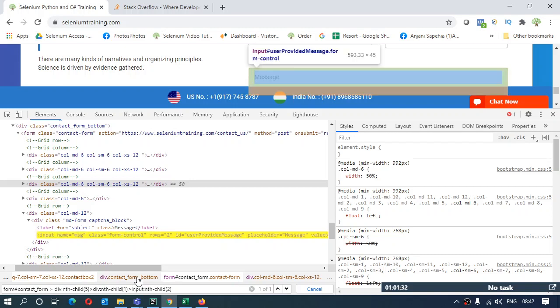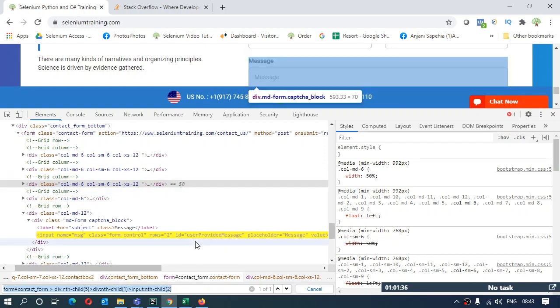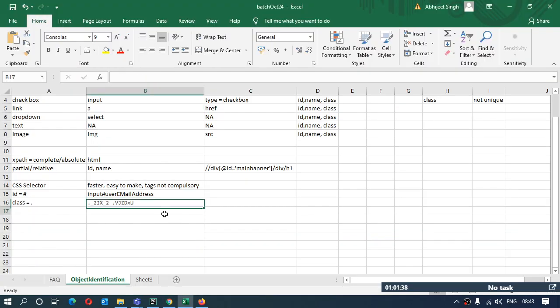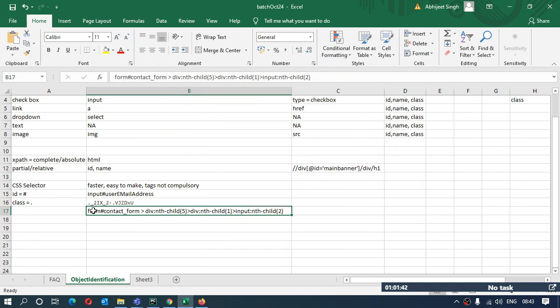Input. Right. This is the CSS selector which I have got. Like this. First the tag name, then the symbol, the value, and this anchor tag.